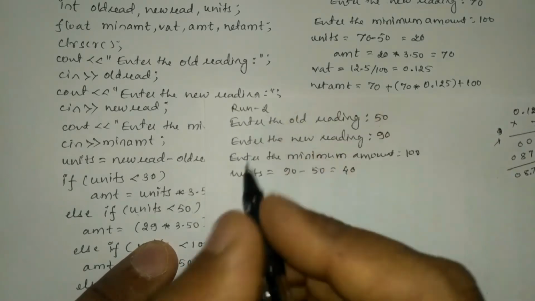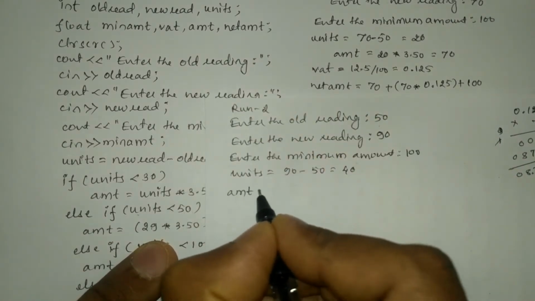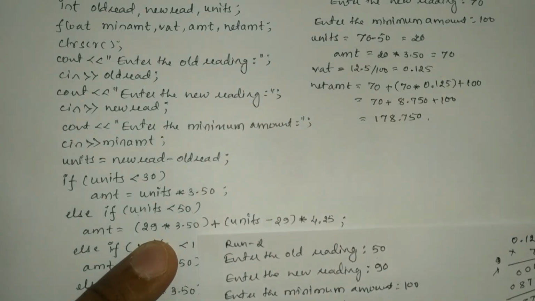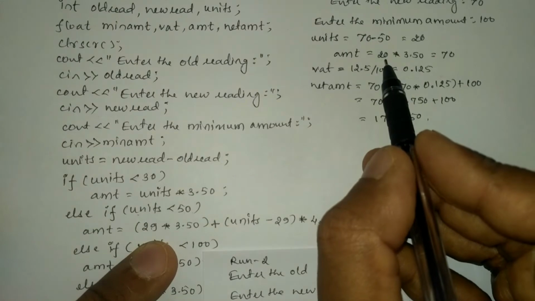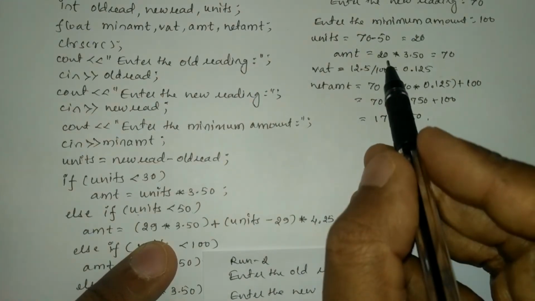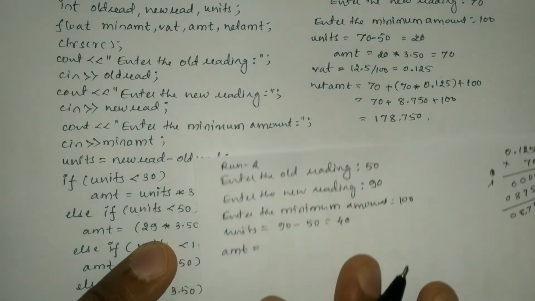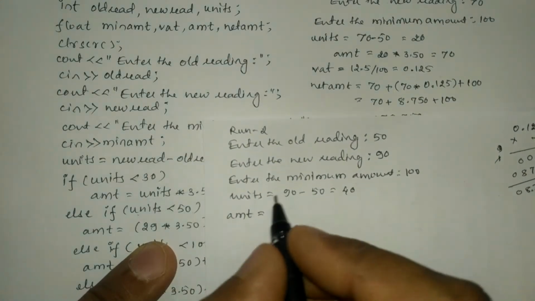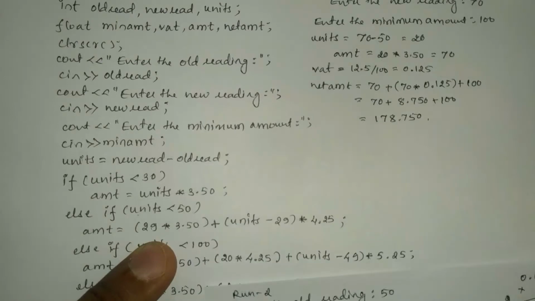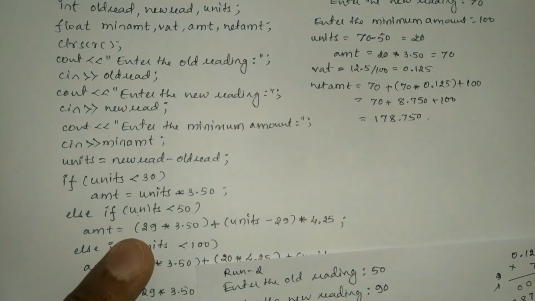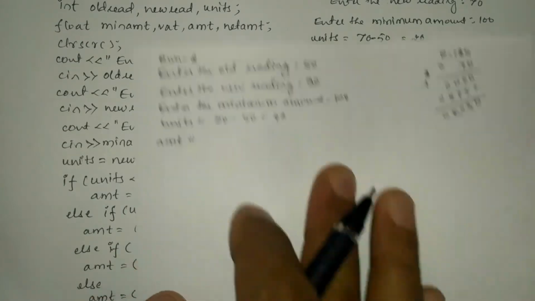Yes. Now we'll calculate amount is equal to 29 into 3.5. We have already calculated here. Actually it is 20 units, right? Okay, fine. So we'll calculate this one once again. That is 29 into 3.50 plus units minus 29 and into 4.525 will calculate. So 3.50